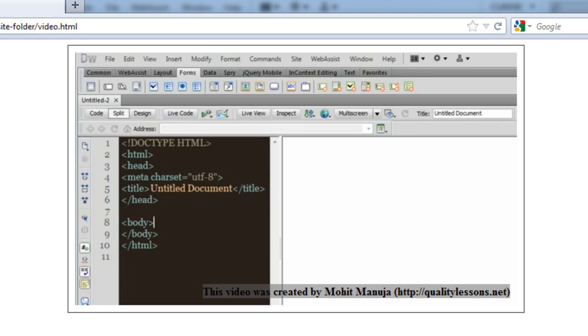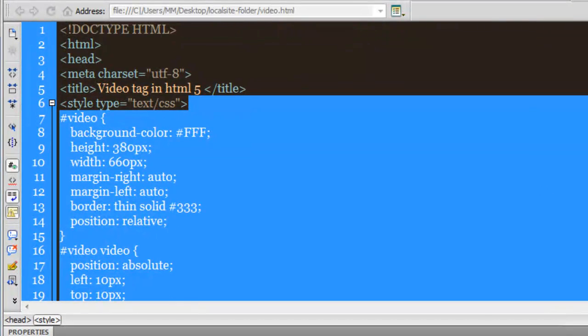My name is Mohit, and guys, today I'm going to show you how to use multiple classes on the same HTML element. Now the only thing that I need to do now is to give that drop shadow, the box